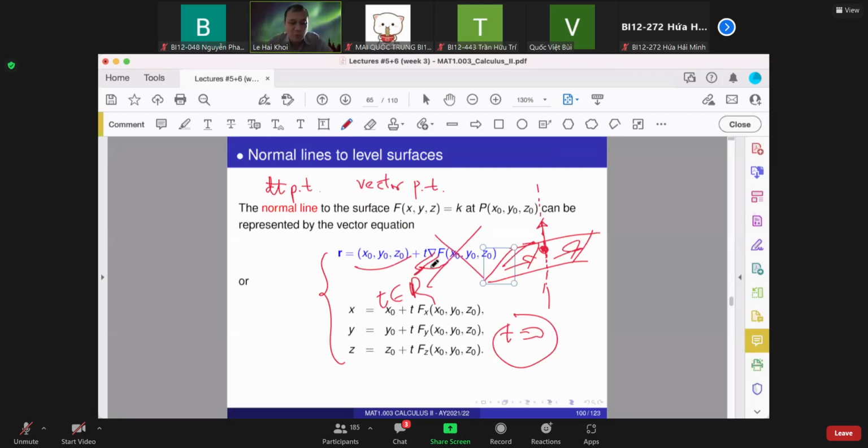In your high school, usually you have the following problem. Write down the so-called parametric